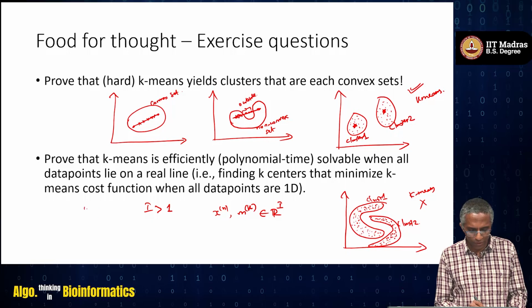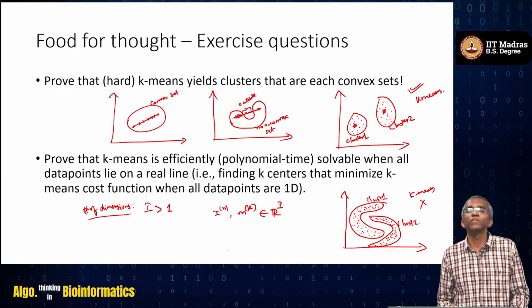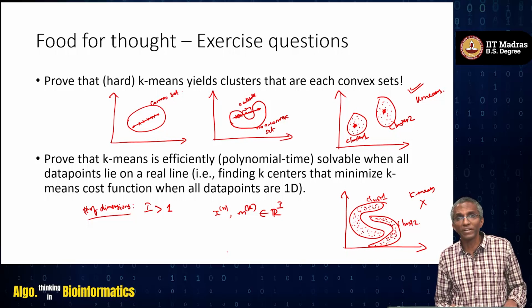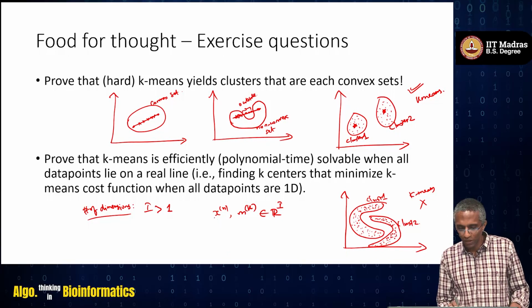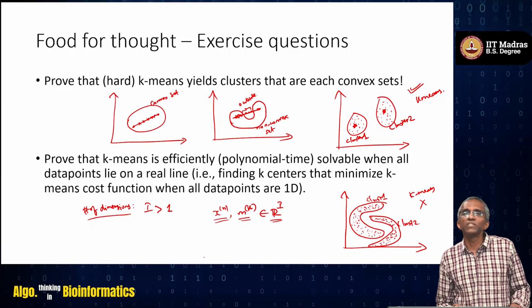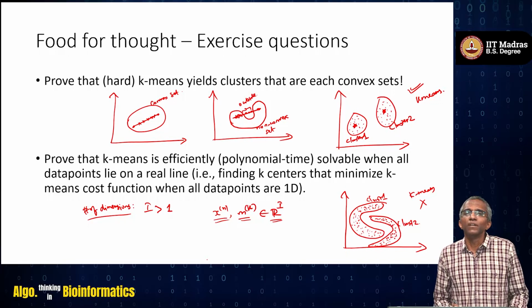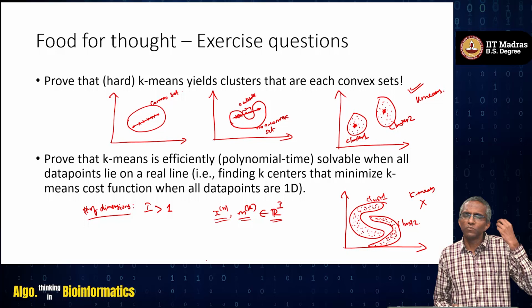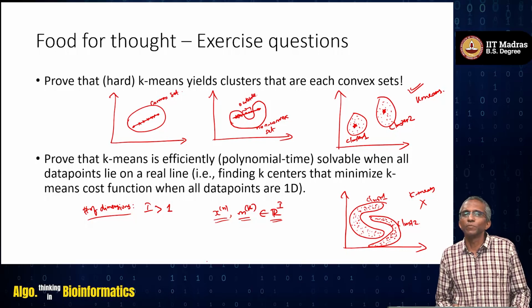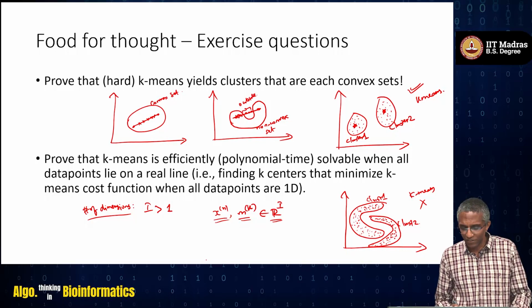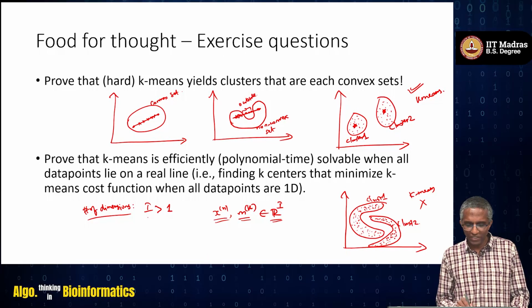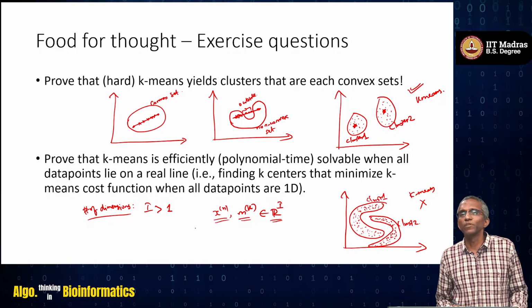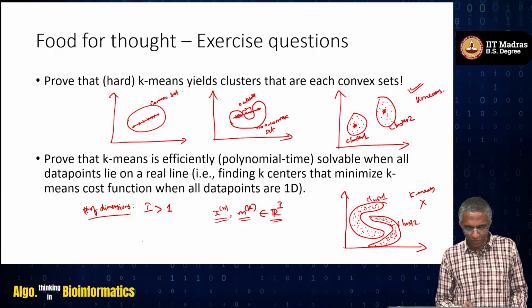The number of dimensions of your input data points, or if you want to think about it, the number of features, capital I, is typically greater than 1. We had 2 genes, so it was 2, but in the general case I can be much higher. In one example of breast cancer, a clinical set of genes called MammaPrint had 70 genes in it. So, I can be as high as 70 or even larger. Whenever I is greater than 1, this is a computationally hard problem and we will have to resort to these heuristics. But if I equals 1,